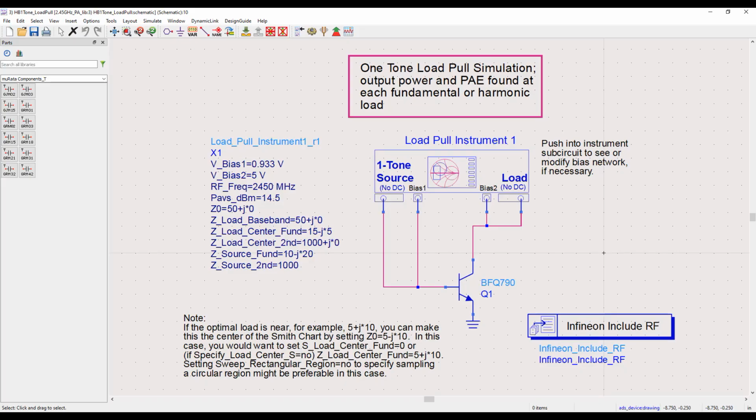I want to credit Anurag Bhargava for his load pull simulation videos as I learned load pull simulation from his videos. After replacing the transistor to BFQ790 device model from Infineon, we need to set the bias voltages correctly according to our need and the datasheet. In setting VBE and VCE, usually the datasheet will supersede load line simulation done in step 2.